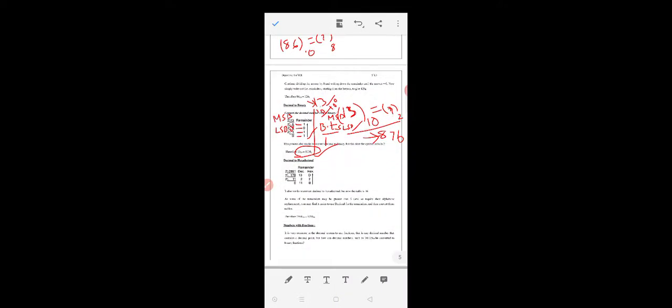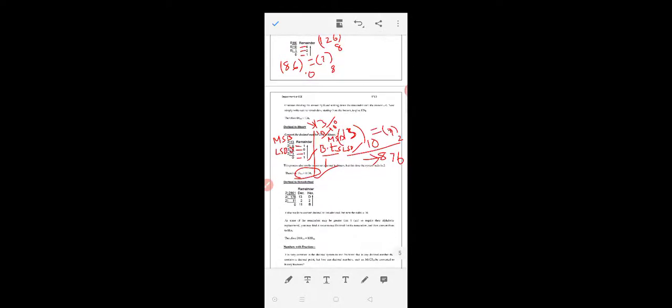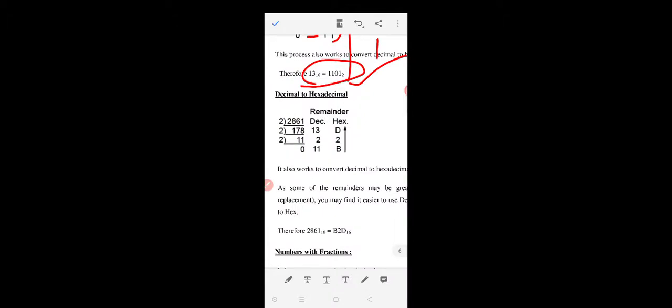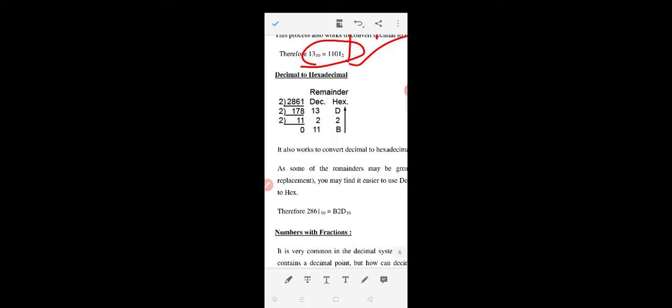Now we come to another number system, the hexadecimal number system. Here the hexadecimal number system is shown with an example for better understanding. As already told, hexadecimal has 16 different symbols, 0 to F: 0, 1, 2, 3, 4, 5, 6, 7, 8, 9, A, B, C, D, E, and F.